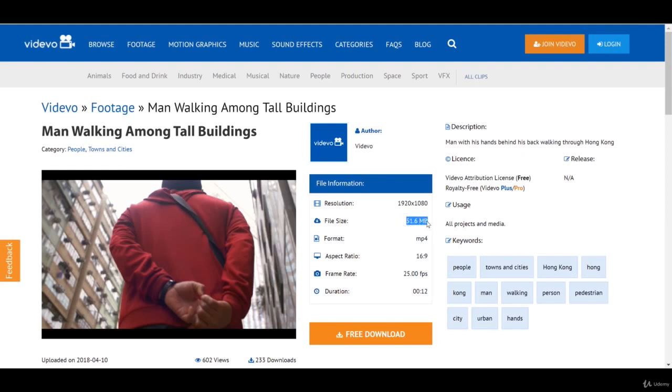But as you notice, it's 51 megabytes. So what I'd recommend, if you are going to go with a video, because you don't have to, is to Google, or if you have video editing software like Premiere Pro, it's very easy to reduce the size. But there's also online sites that will easily reduce the size for you. So just Google reduce video size online or anything like that, and you'll very easily do it. You can even do it in Movie Maker. But you just want to try and reduce the size a little bit so it's not too demanding on your website. Okay, so once you've done that,